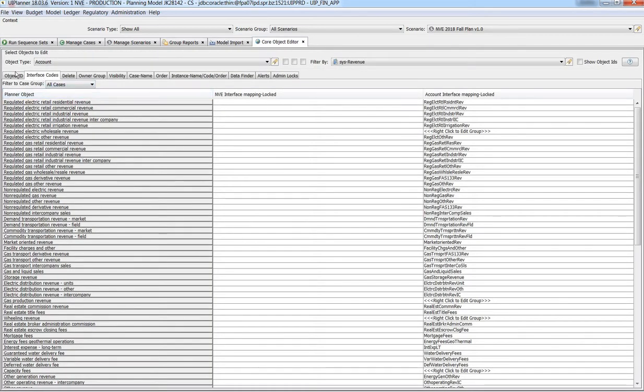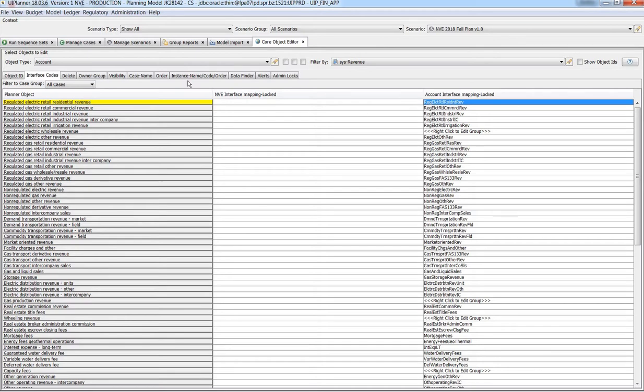For example, when I go through the process of loading actuals into the model, our current process uses information directly from the HFM, which you can see here. This looks very familiar. These are the accounts that are currently used in UIPlanner. And then we have this interface code. These might look like a little bit of gibberish to you, but instead of a FERC account number that we're typically used to when managing information in our business, we have these alpha mapping codes